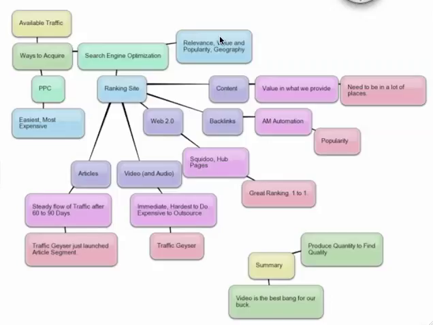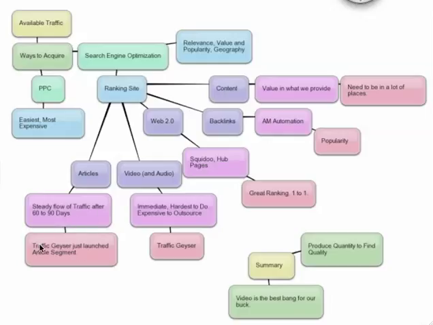Okay? So that's why, when I say just get it out there, let's get it out there. We know it's good. It's good enough at this point in time, and when we have the places where it's good stuff, then we can focus on doing more. Okay? So we talked about pay-per-click. The ways that you can get your site ranked and get traffic, you can do articles. What's great about articles is it's a steady, consistent flow of traffic. The problem with articles is you really don't see the benefit of that traffic for about 60 to 90 days.